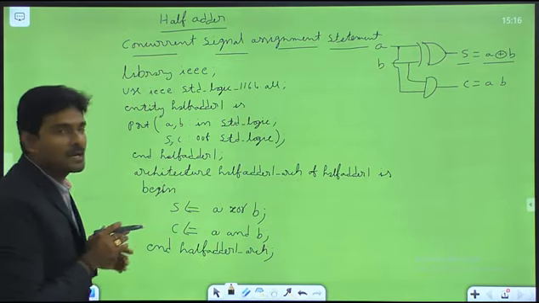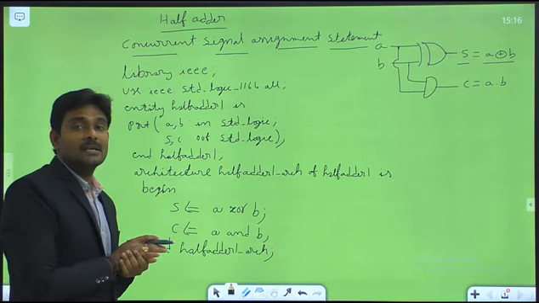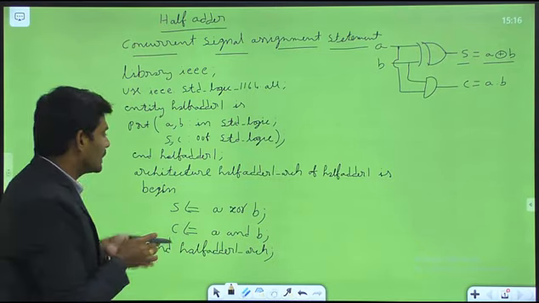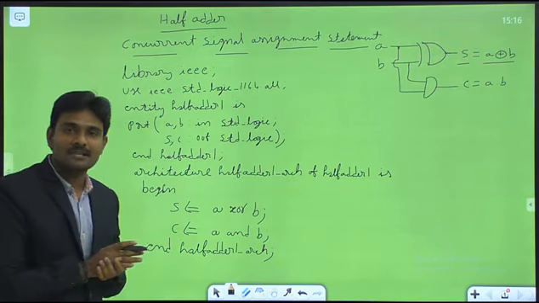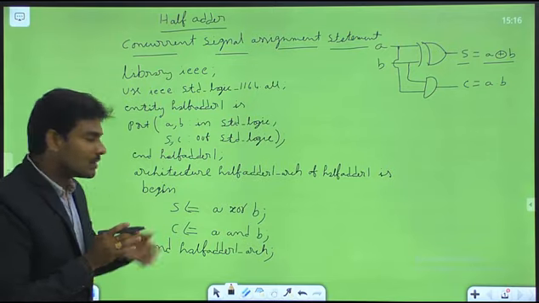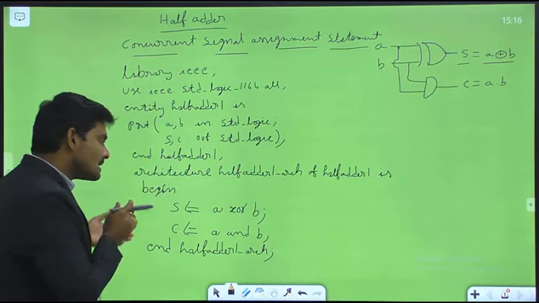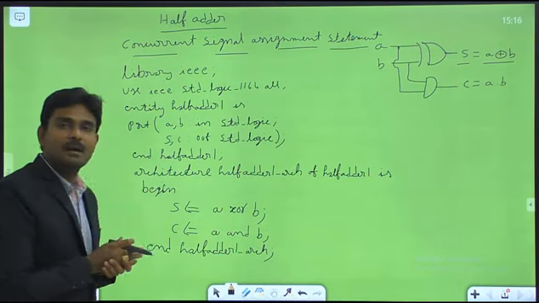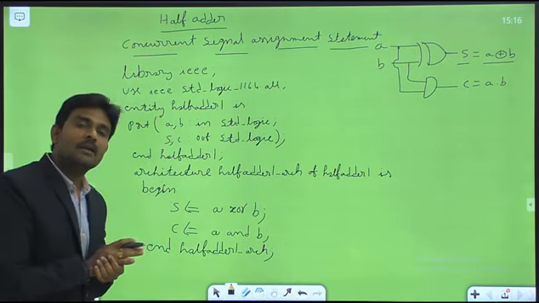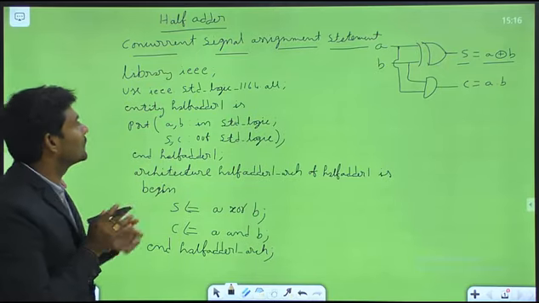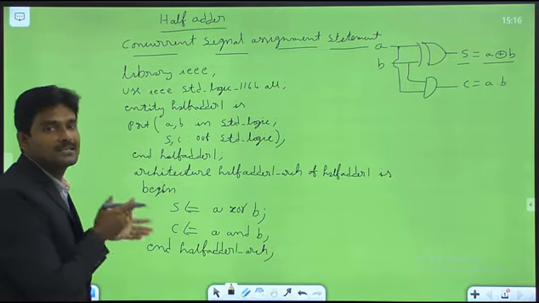So this is how to write a program for the concurrent signal assignment statement in data flow description style. In the majority of cases in data flow description style, this is the one we prefer because it is very easy compared to the remaining two, the conditional form and selected signal assignment. Depending on the application we can select any one, but in most cases we are going to consider this type of concurrent signal assignment statement because of its simplicity.